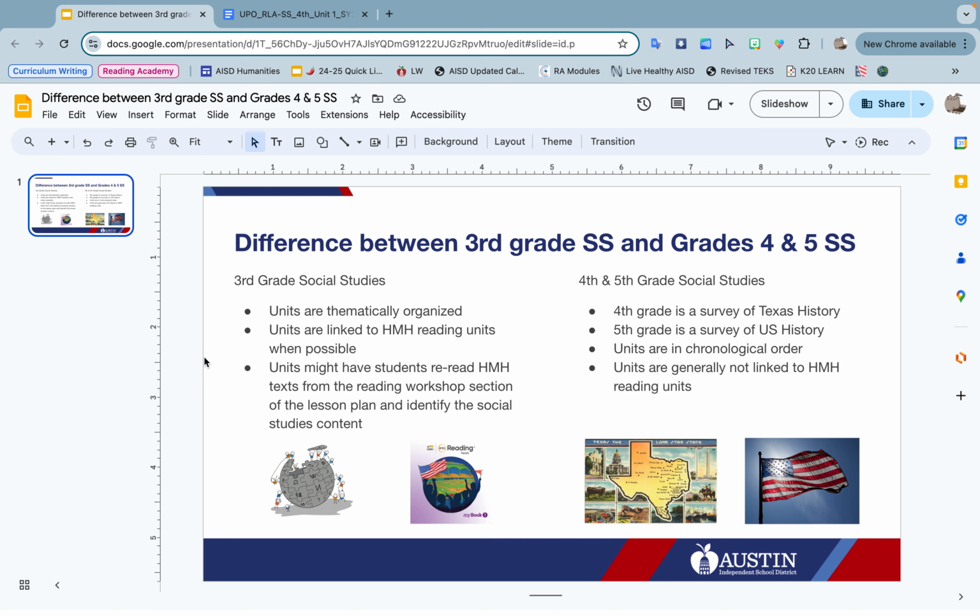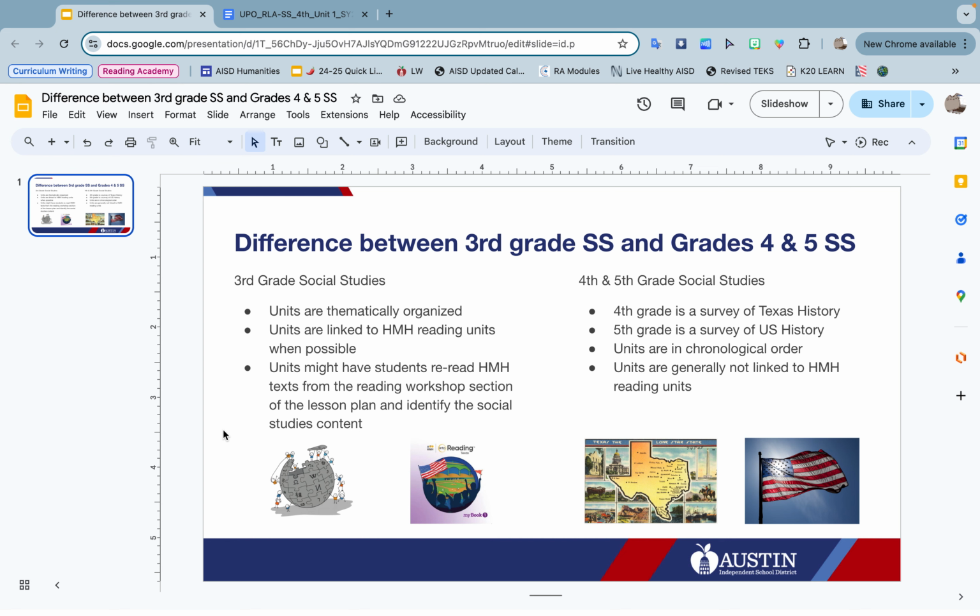In 3rd grade social studies, the units are thematically organized and are linked to the HMH reading units when possible. And in some of the 3rd grade social studies units, students might reread the HMH text from the reading workshop in order to identify the social studies content to support knowledge building between social studies and reading